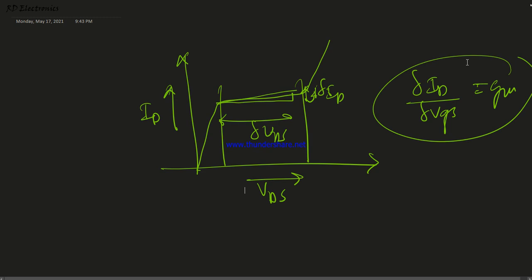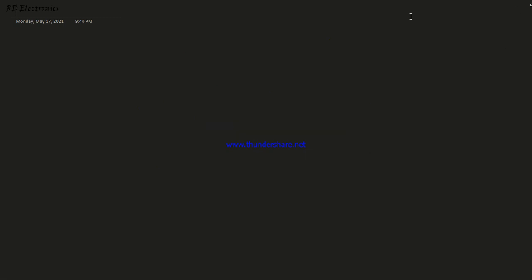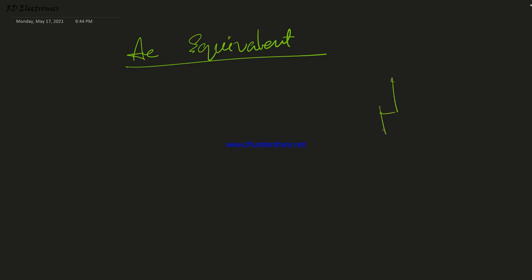So these are the parameters of the JFET, and one thing should be remembered: for a JFET there is an AC equivalent diagram. This equivalent diagram is necessary for any amplifier model, for any analysis of a JFET used as an amplifier. First of all, what is the AC equivalent model? First of all, this is a JFET. Okay, this is gate, drain and source. It is in common source configuration.